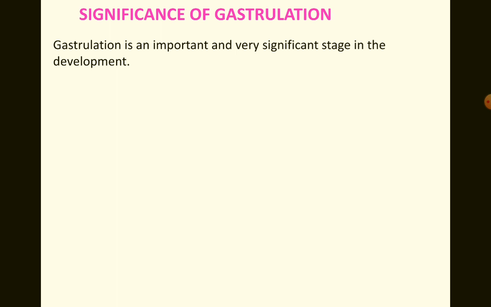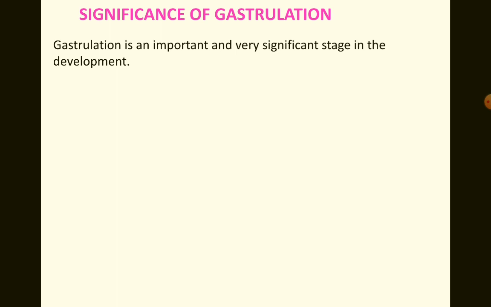Now, why should this process of gastrulation occur? What is its significance? The zygote forms, it undergoes cleavage, it forms morula, it gives rise to blastula. Then once the blastula is formed, it gets converted into a gastrula, and it is at this stage of gastrula that the formation of the three germ layers takes place, and from these three germ layers you are going to get the future organ-forming areas of an organism. So in what way is gastrulation significant, let us learn.